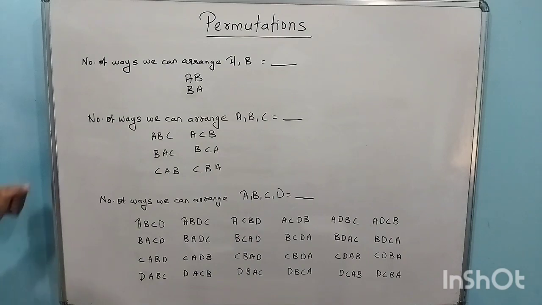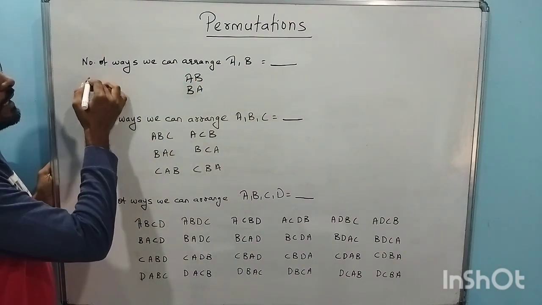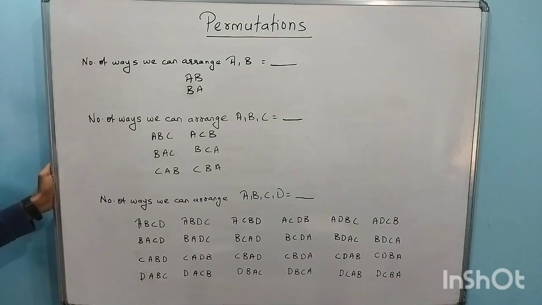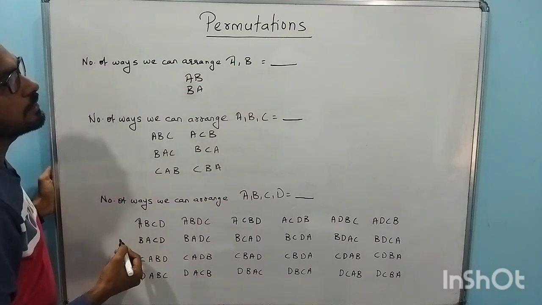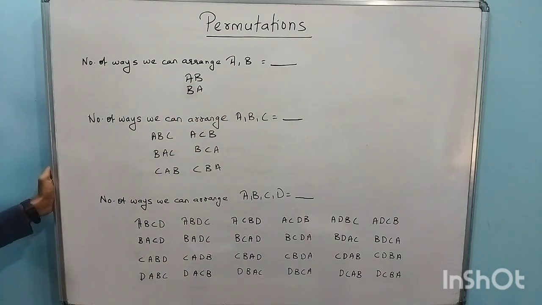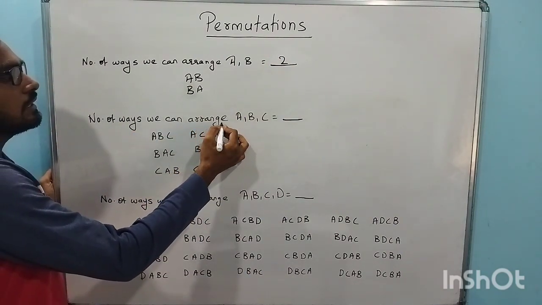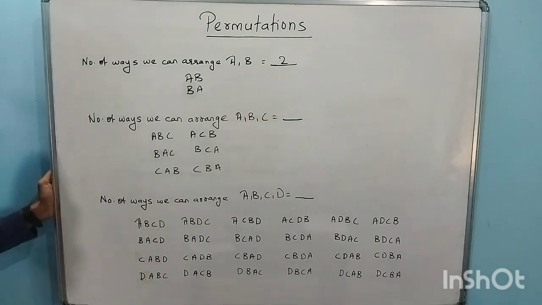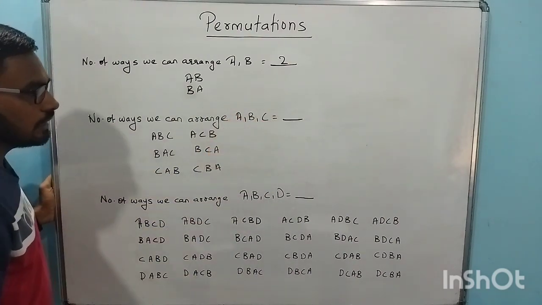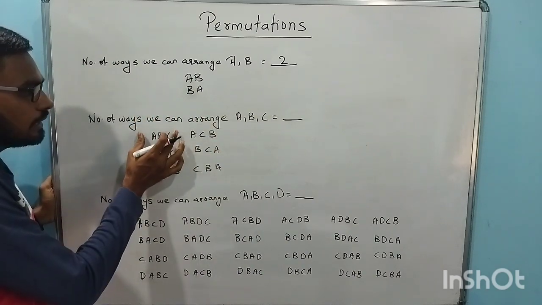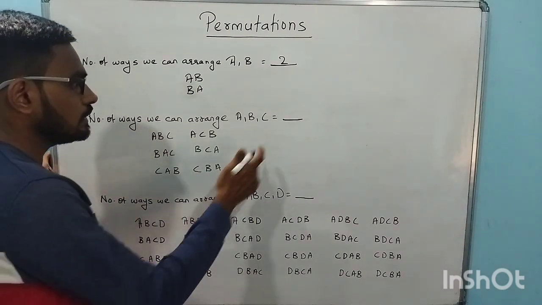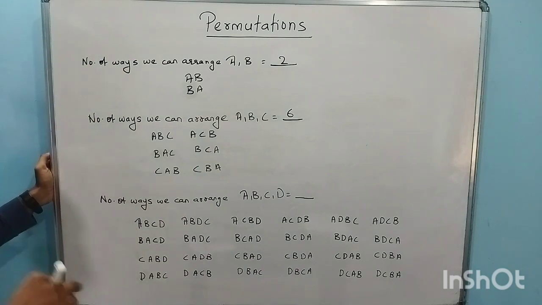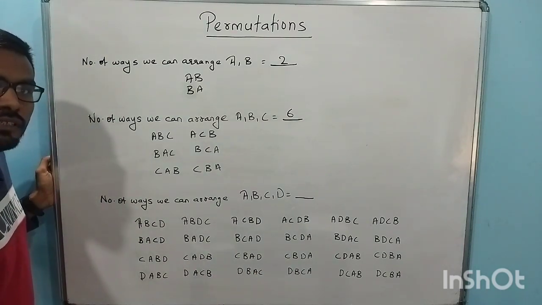If we ask a question like this, find the number of ways we can arrange two letters A and B, what we will do is arrange and check. First AB is one possible arrangement and BA is the other possible arrangement. So there are a total of two possible arrangements. In the same way, if you ask to find the number of possible ways of arranging A, B and C, three letters, again we'll try the same thing. We'll try to arrange all of them in all the different possible ways and finally conclude that there are a total of 6 possible arrangements.